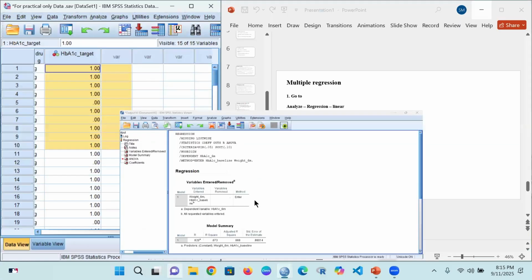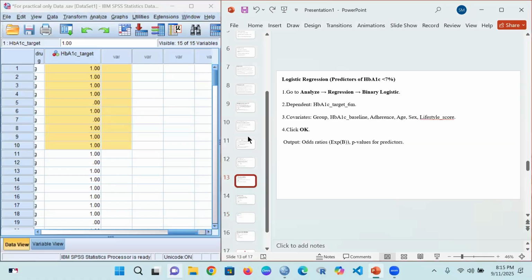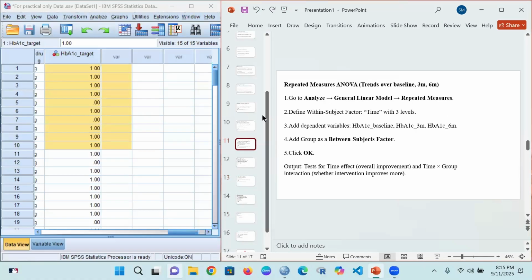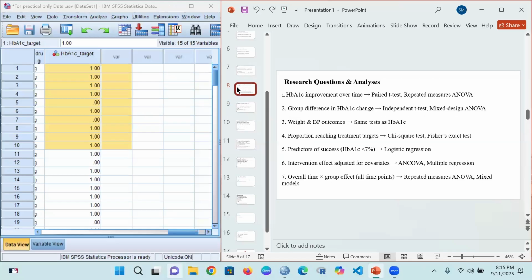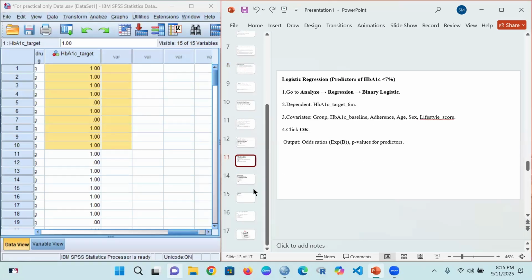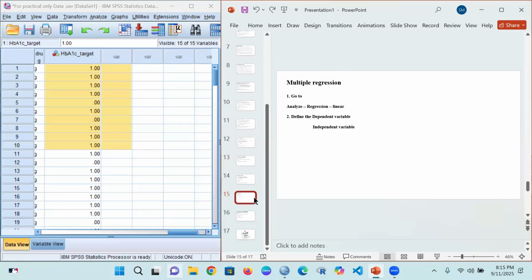So in our multiple regression, what question was it answering? Let's get to our question. Here we need to see whether the intervention effect holds after adjustment for covariates. So you can see there's no significance. Here you can conclude there's no significance. After all those analyses we have done, I think we have covered the most important ones,